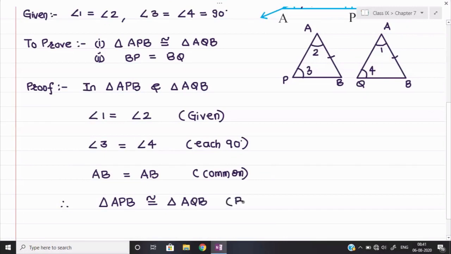The reason we can give here is by the angle side rule, or you can write down angle side congruency theorem. Here you should mention proved first part. First part got over. Now we shall discuss in short the second part. Second part, you see what we need to prove here. BP and BQ are equal.